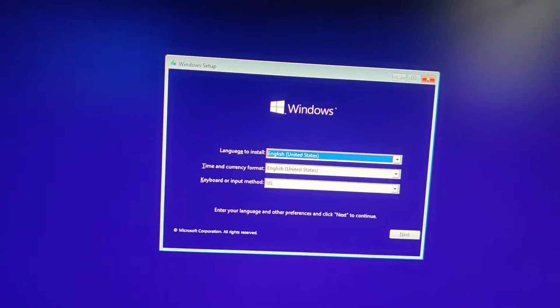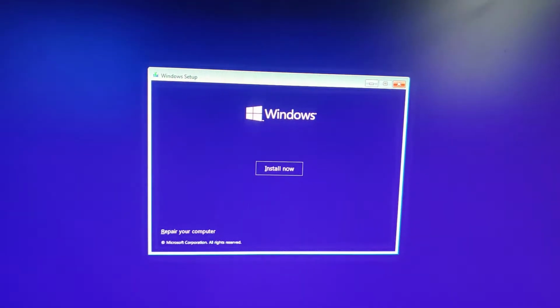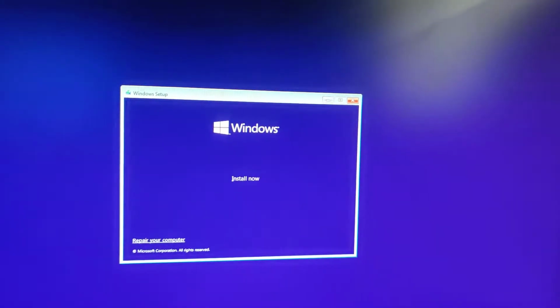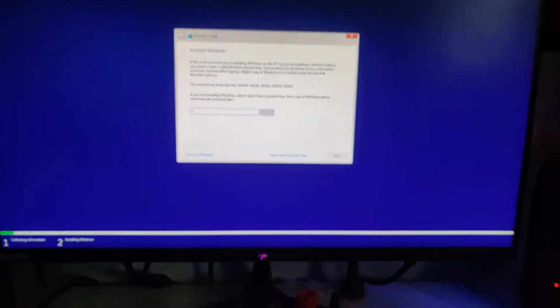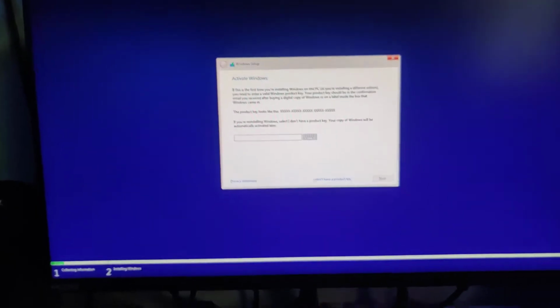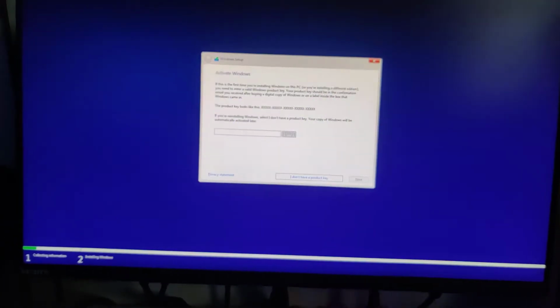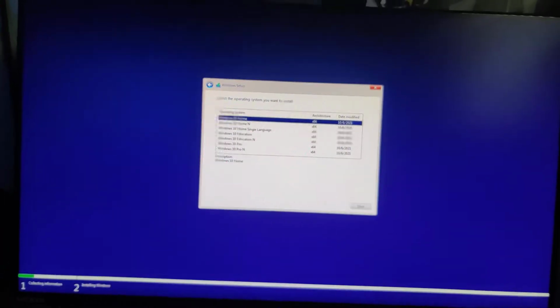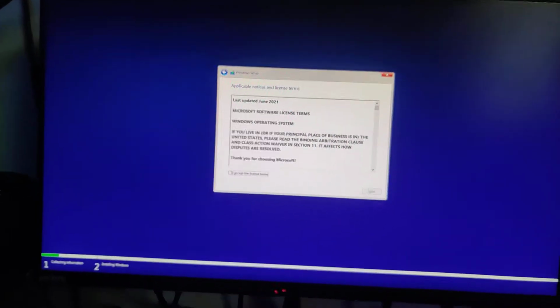So, let's just run through the Windows setup. English, yeah, okay, next. Install. Yes. Wait. There we go. Yes. Setup is starting. And then it's going to download Windows from your flash drive onto... yeah, you might need a mouse, because I don't want to. For this, if you have a product key, you can punch it in. But for this one, I don't have a product key. You don't need one. Windows 10 Home, that's what we're going for. That one right there. And then accept the license terms,